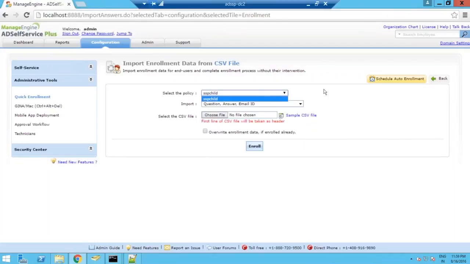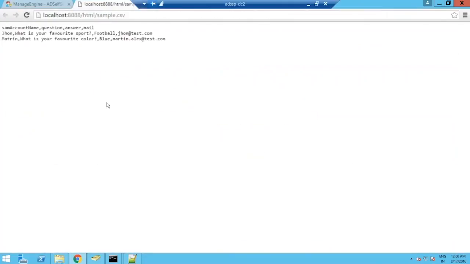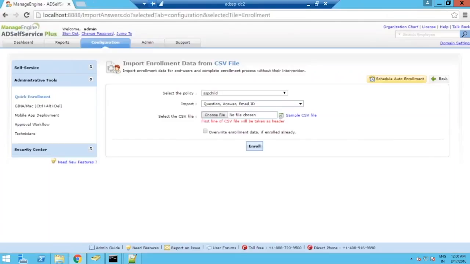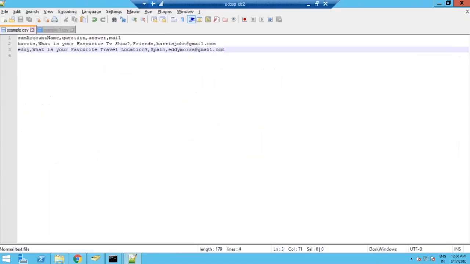And the policies, since we have only one current policy, I'll keep it as that. And for this particular import, we need to see the sample CSV file. So the sample CSV file is like this. The SamAccount name, question, answer, and mail should be as it is, as the header, and the data should be placed accordingly underneath it. So I have an example.csv file, and just like the sample.csv, the SamAccount name, question, answer,